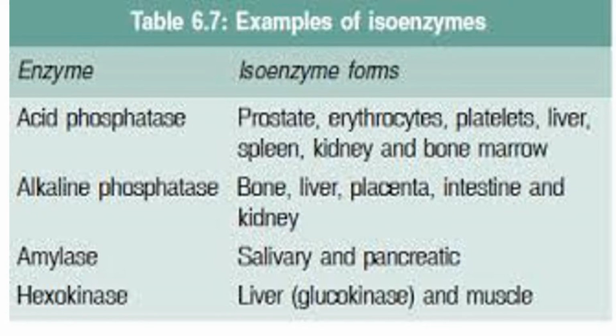Now, if you recall, while we were discussing the definition of isoenzymes, I said that isoenzymes are present in different proportions in different tissues. We have just seen the list of a few isoenzymes in the previous slide, and among them we had acid phosphatase. Acid phosphatase has various isoenzyme forms. Mainly its higher concentration is present in the prostate, but it has also been found in the RBCs, platelets, liver, spleen, kidney, and bone marrow. So that part of the definition completely fits here, that they are present in different proportions in different tissues.